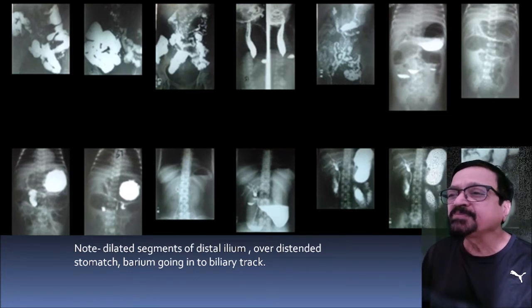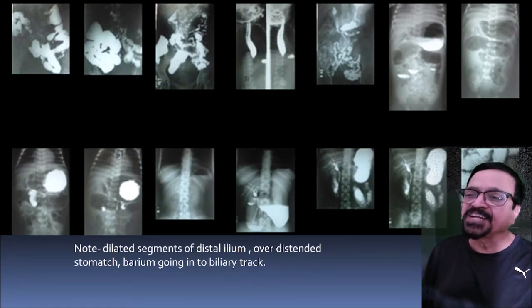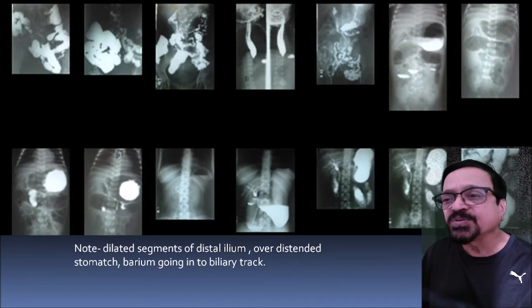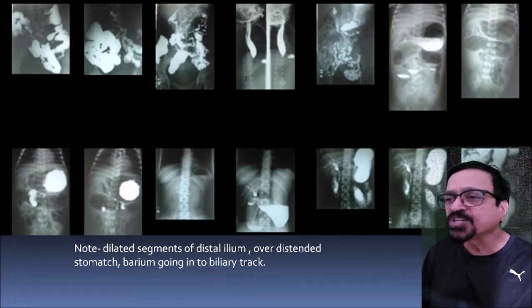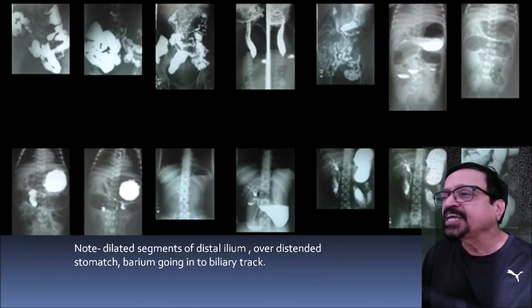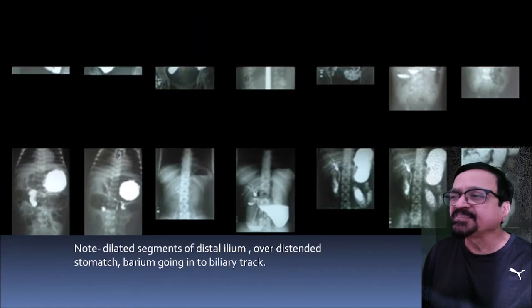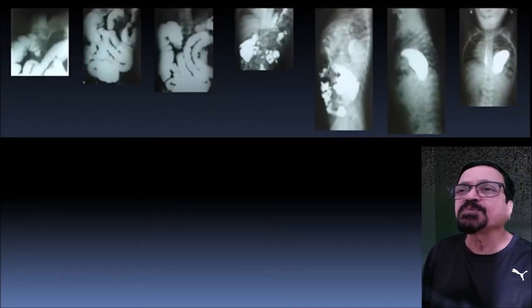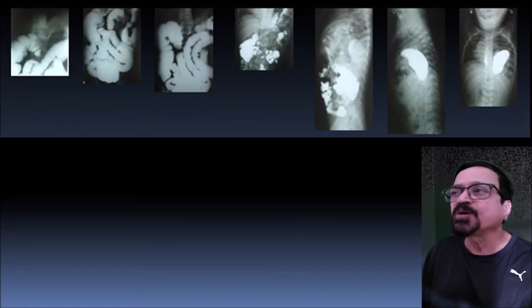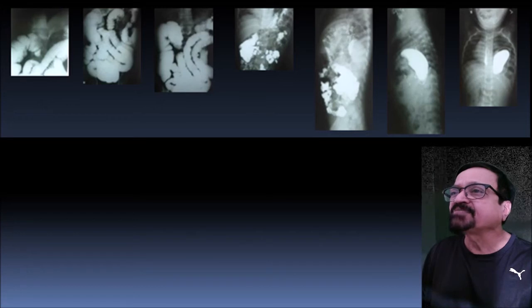Occasionally, if barium can travel into the biliary tree, that we are seeing, and in that case you think of the obstruction distal to the ampulla of Vater. So if there is obstruction, then barium or water soluble contrast can migrate into the biliary tree. Now here we are seeing multiple dilated small bowel loops, that is the small bowel obstruction, and then there are the diaphragmatic hernias.